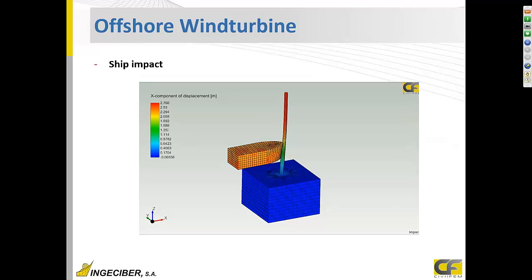And here we can see the horizontal displacement of both the pile or the turbine and the ship. And we can also see there's a rebound on top